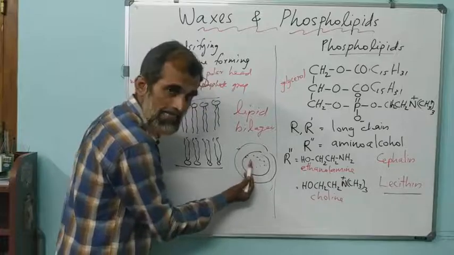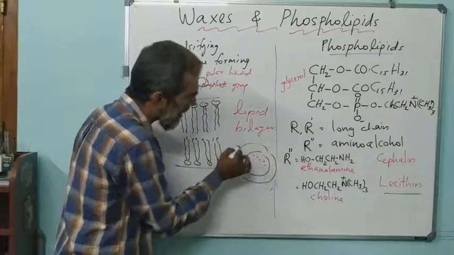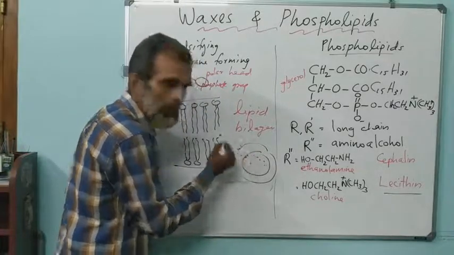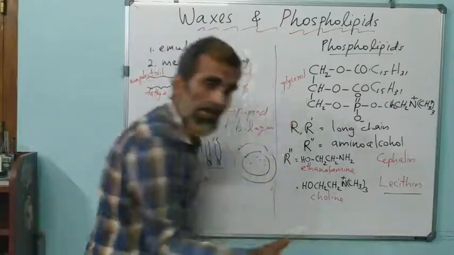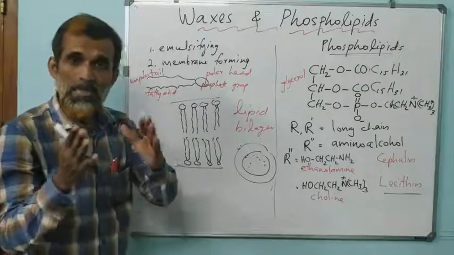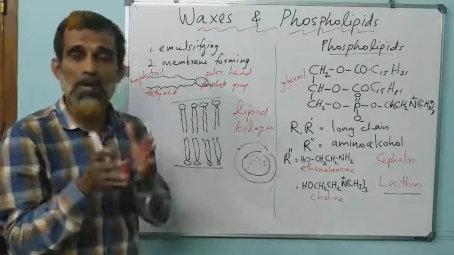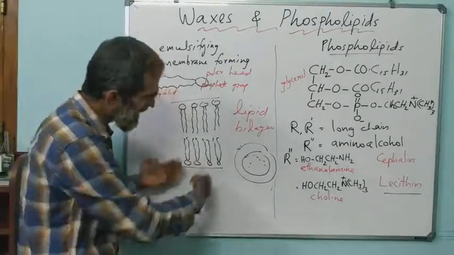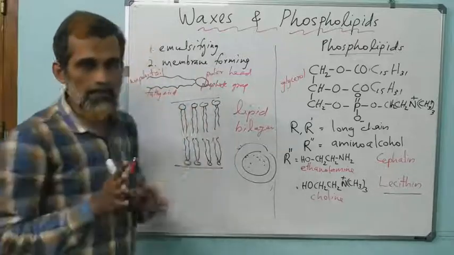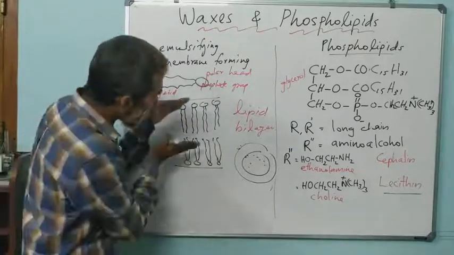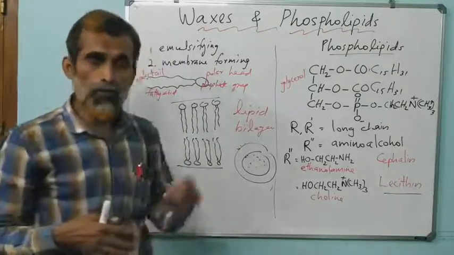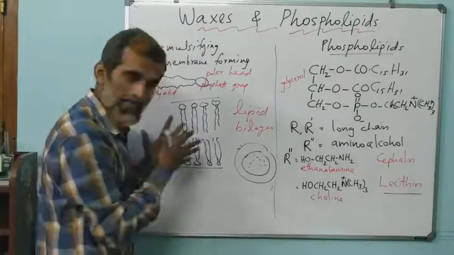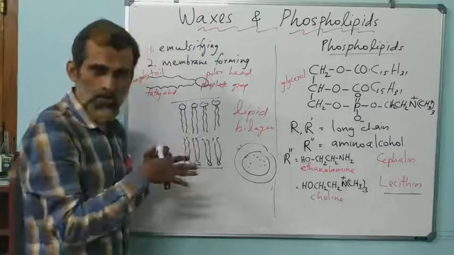And outside the cell also, since there are polar groups, they can interact. So the point is that this lipid bilayer can interact with its polar hydrophilic groups both inside and outside the cell. And within this hydrophobic non-polar region, protein molecules may get embedded or they may be attached